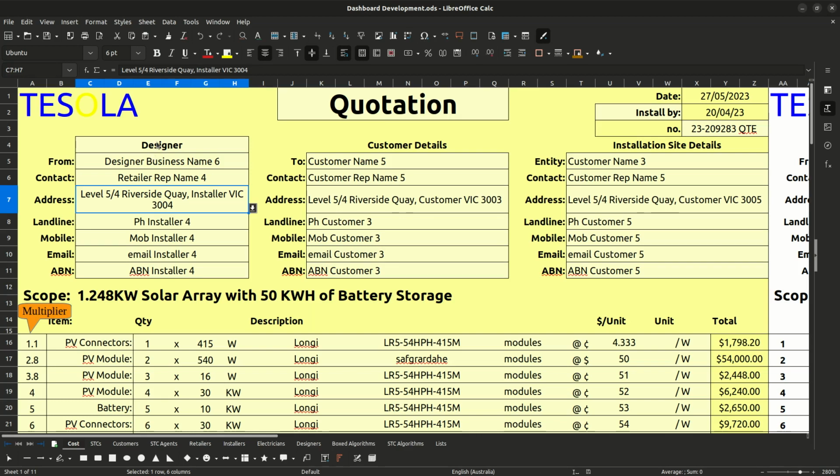Sometimes I'm the designer, installer, electrical contractor. I have all these qualifications except for the solar retailer, but I could be sending an invoice on behalf of a solar retailer. I am an STC agent, which is an account with the Clean Energy Regulator for solar rebates. So let's say I'm sending